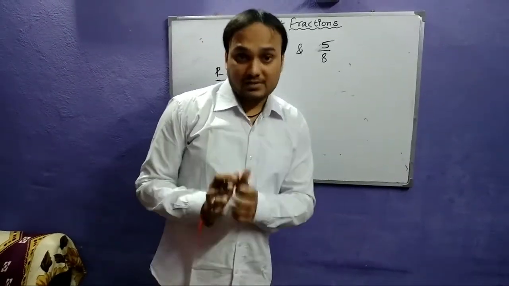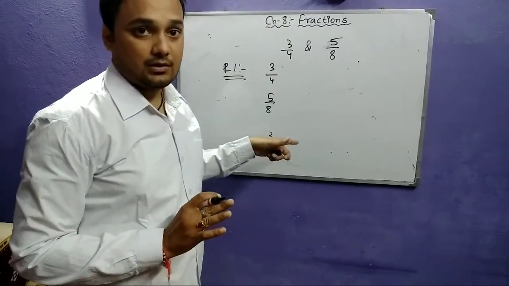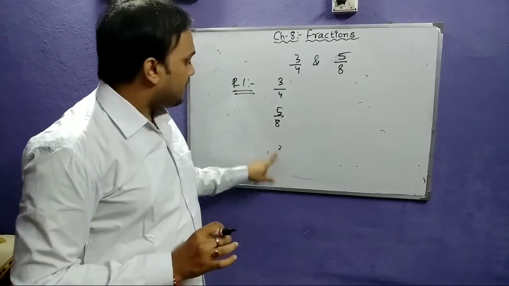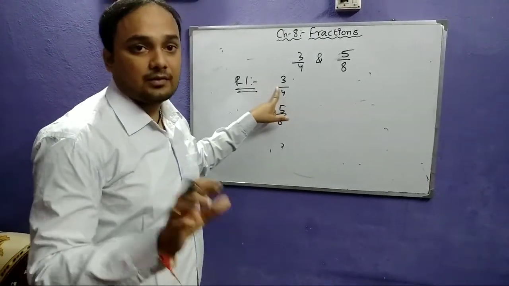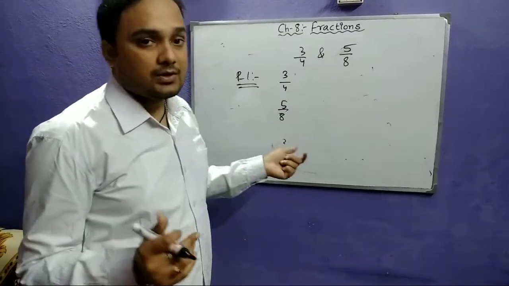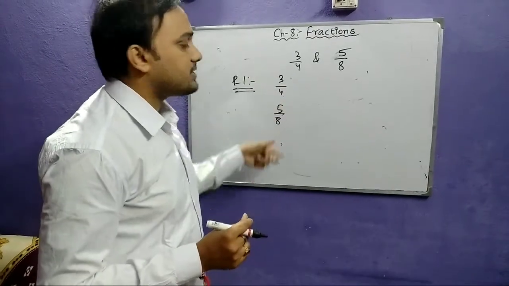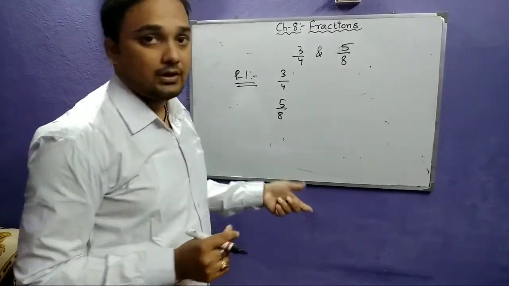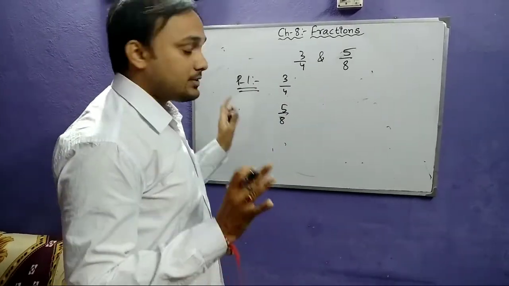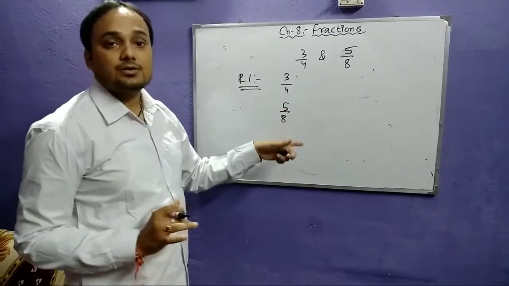What do you mean by simplest form? Simplest form means we have to reduce the fractions up to the maximum level. But here we cannot, because 3 and 4 don't have any common factor other than 1, and 5 by 8 also doesn't have any common factor other than 1. So it's quite clear that we cannot reduce them further. These are already in the simplest form, and both are not the same. So these are not equivalent fractions, as the value is not the same.